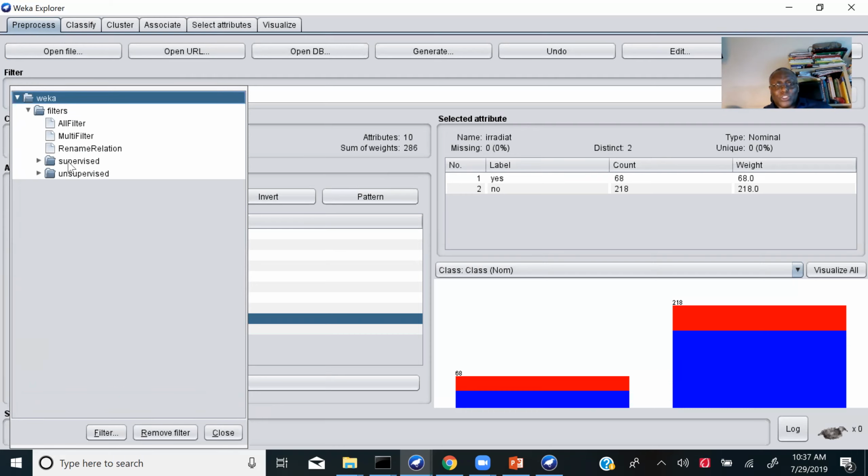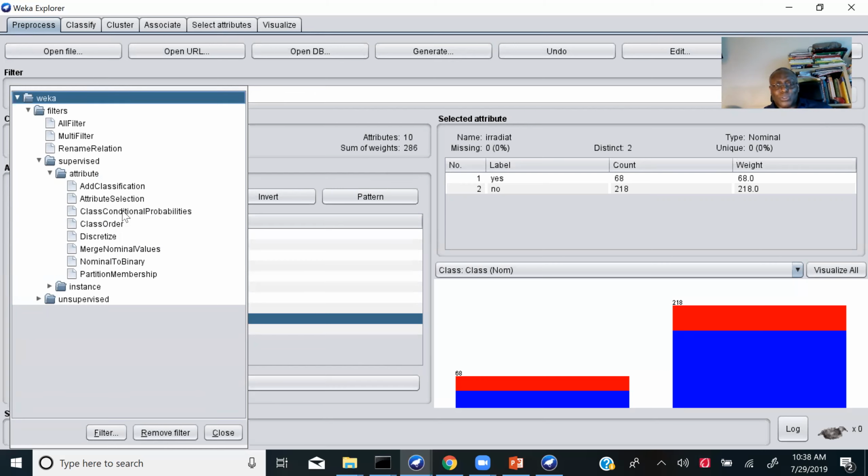Now I have supervised or unsupervised, and so on. Now when I click on supervised, I'll get 2 options. Do I want, my concern is the attributes or the records. For example, if I want to reduce the number of records, I'll go to instances. If I want to work on the attributes, maybe combine 2 or more attributes, then I'll go to attributes.